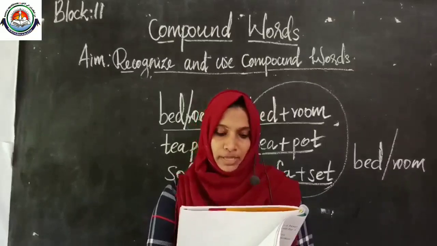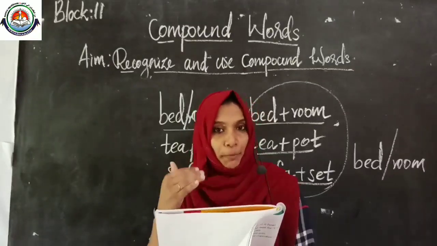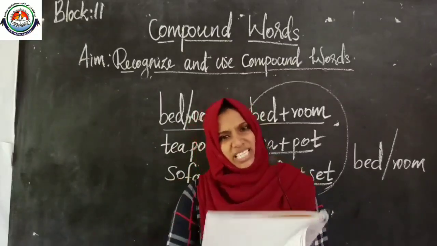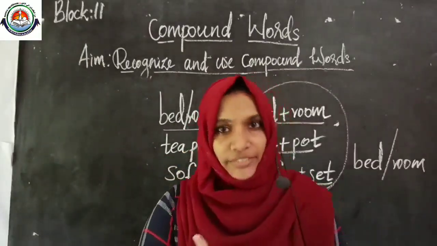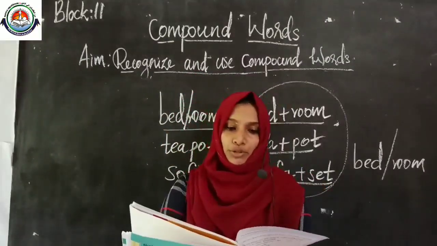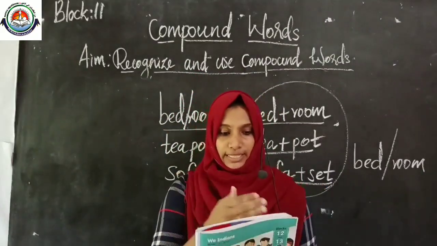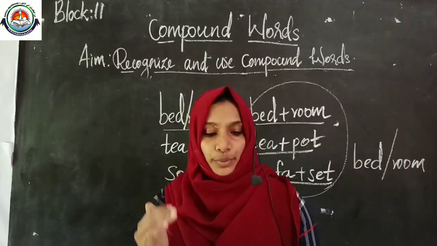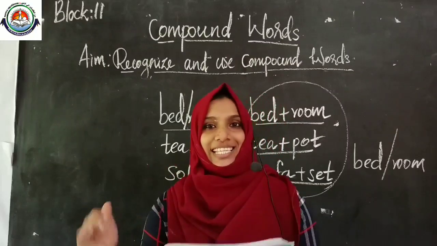Then question number 7 and 8, it's about making words. Means here some letters are given. So you have to make maximum number of words with the help of these given letters and find out the biggest word also. Then here one more question from this block 11, it is underline the statements from any storybook, write them again as commands.